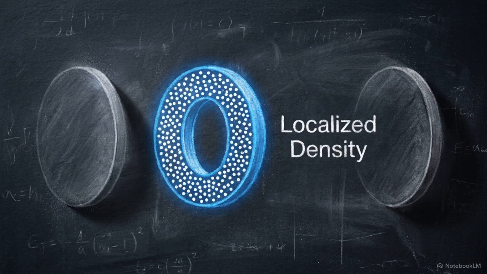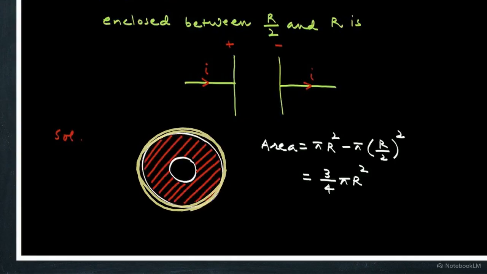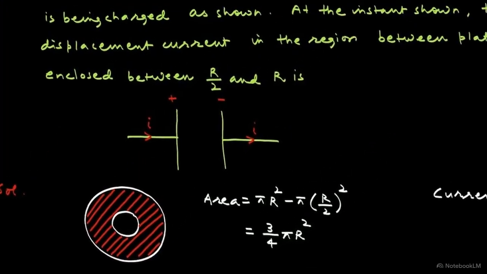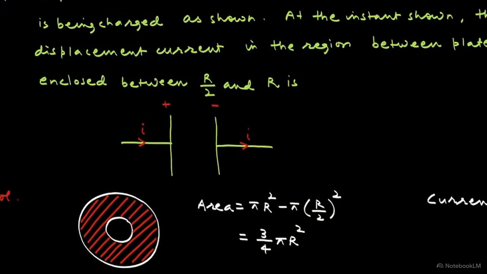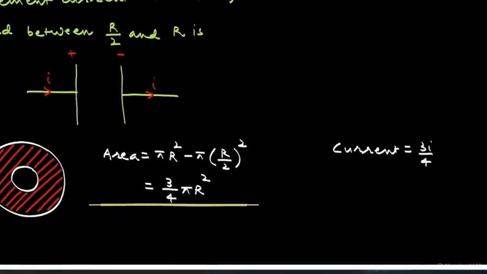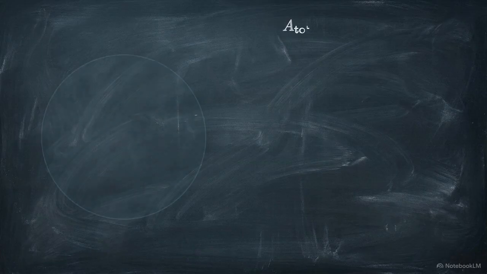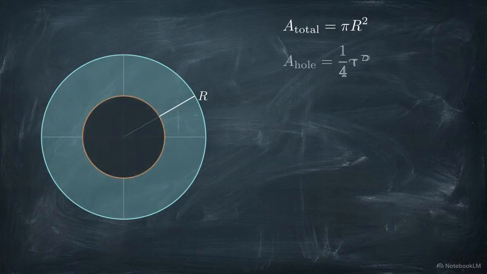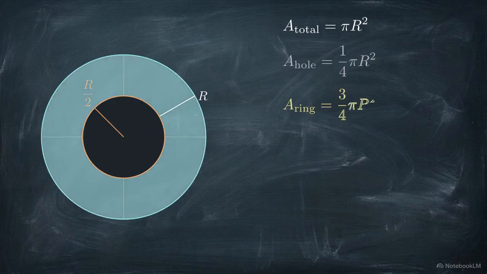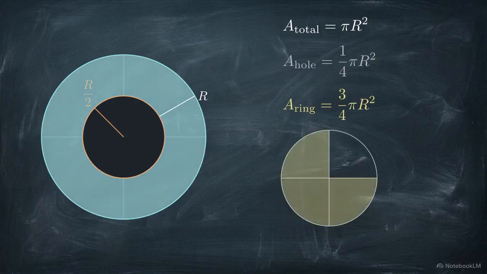The final challenge is finding the displacement current enclosed within this outer annular ring. Because the electric field is uniform across the plates, current follows a constant density. Finding the current here means calculating the geometric area ratio between the ring and full plate. By subtracting the inner empty circle from the total area, we find that this specific region carries exactly 3/4 of